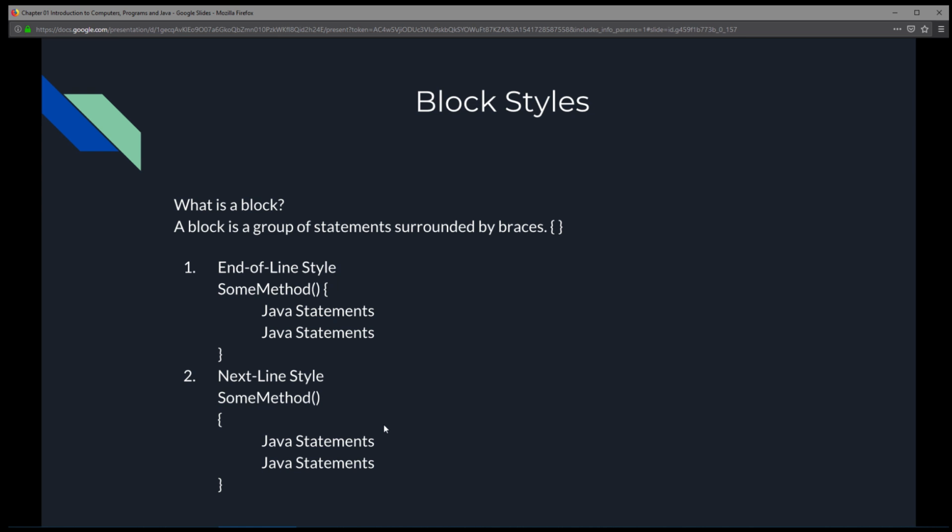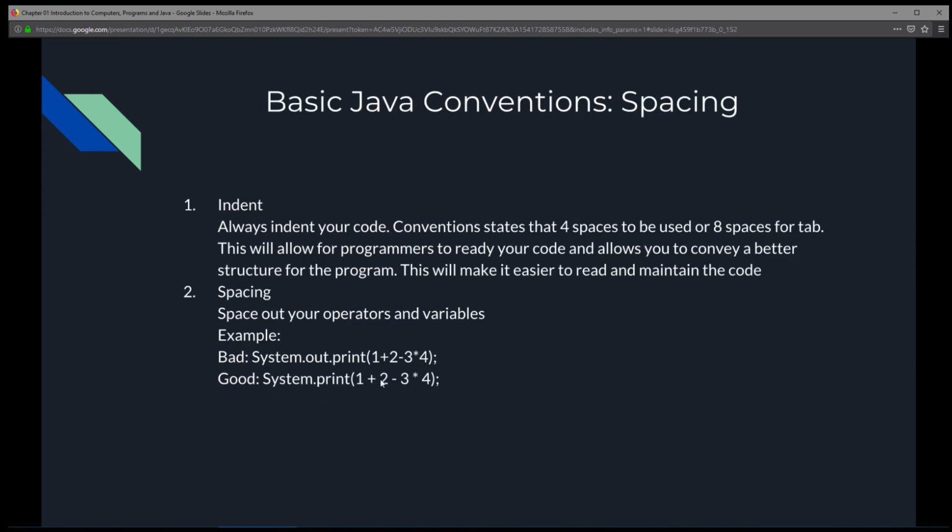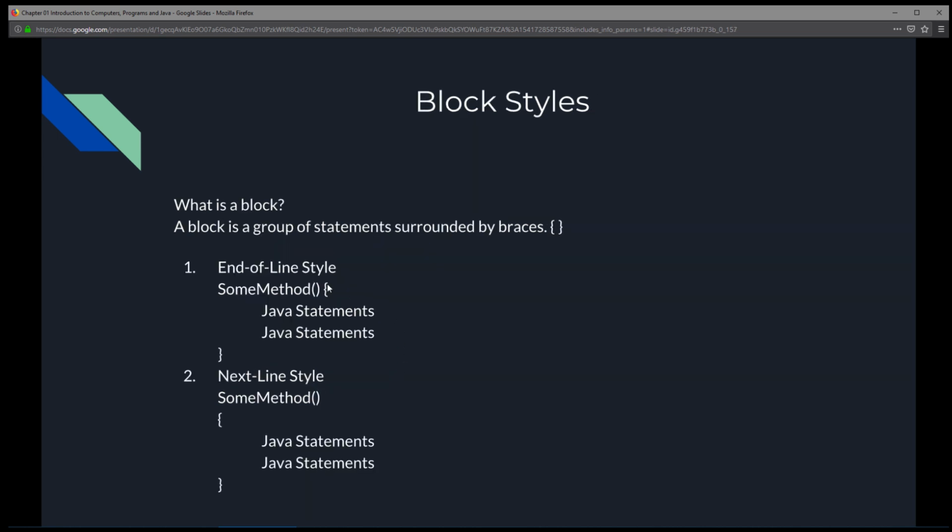Simply put, the two types of block style are end of line style and next line style. Now, once again, whatever you do, it doesn't really change how your code runs. It just changes how it looks. And like I said, the way it looks is important. You want to be organized. If you're going to write something one way, you should always keep it that way for the rest of your program. So end of line style basically means